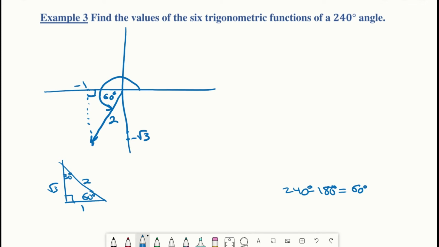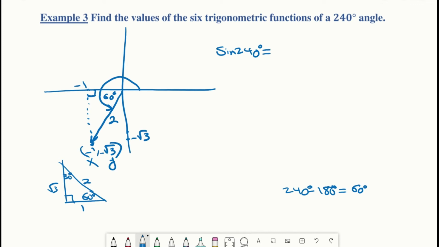So now I know that the point on the terminal side of this angle of interest to me is -1, negative square root of 3, that's x and that's y. Now I can go ahead and handle things as I would for any angle using that x and y. So for sine of 240,